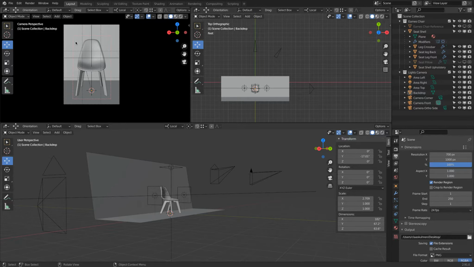We learned that via Control B we can position or resize a render region. If we do not want the render region to work, we can simply turn off render region here. You see, then it disappears. Instead of having to click this all the time on off, we could also Control B, draw a render region